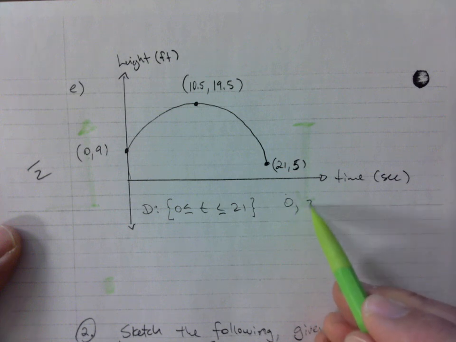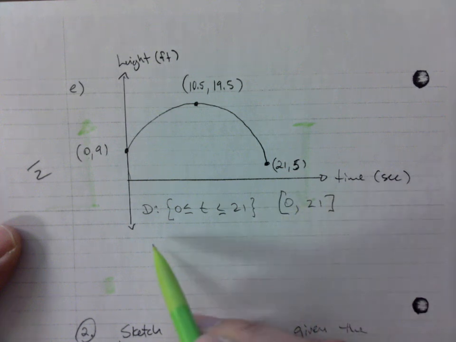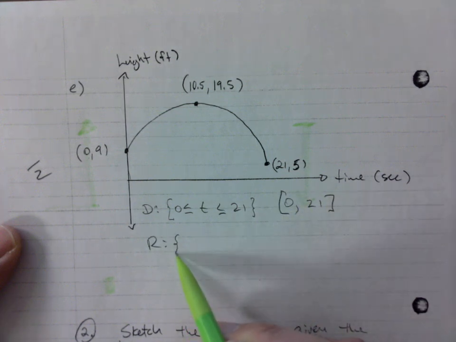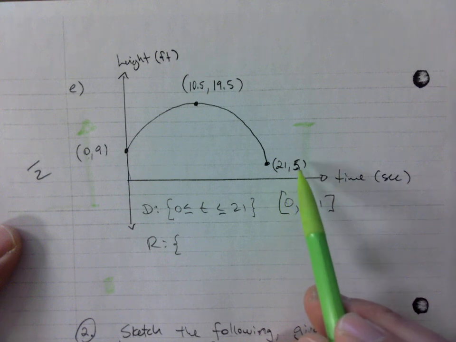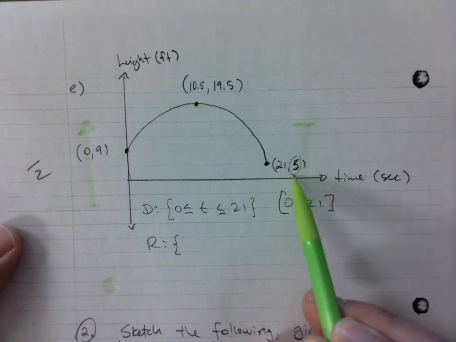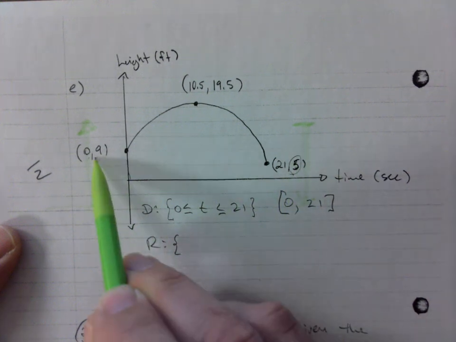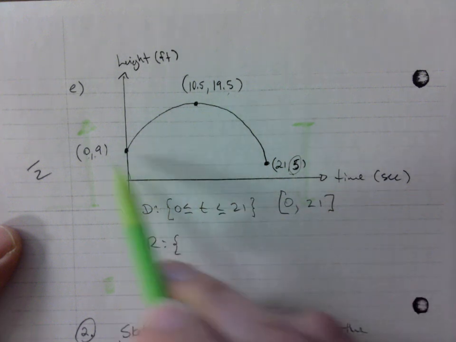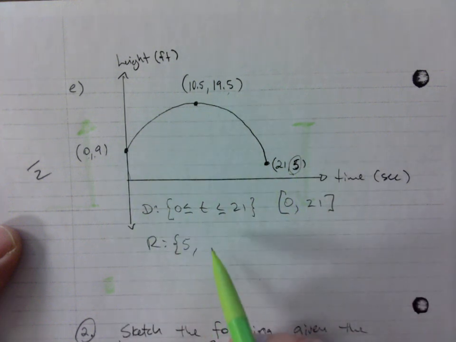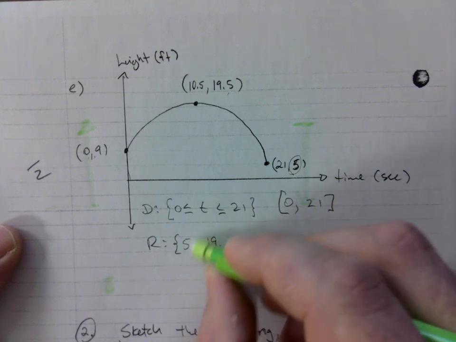So this would be 0, 21 like that. For range, we're going, what's the lowest? The lowest is 5. If you look at the y values, right, there's 5, 9, and 19.5. Those are your options. But 5 is the lowest, 19, oh,